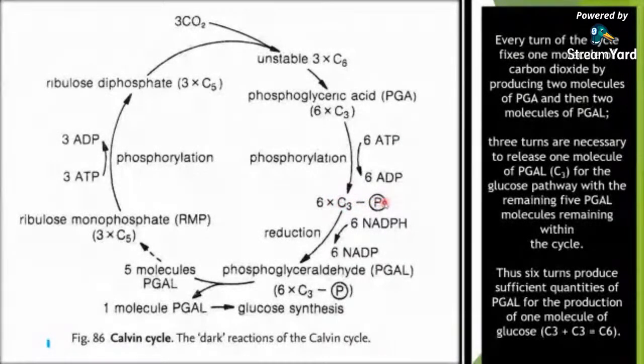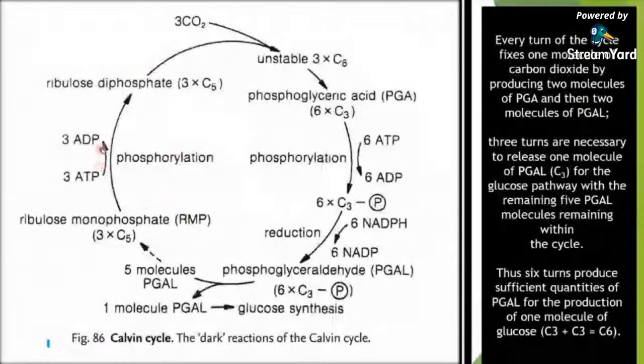Then this phosphate again undergoes reduction and produces phosphoglyceraldehyde by using the NADPH molecule, which itself gets converted to NADP. Now this phosphoglyceraldehyde has two possibilities: one molecule of phosphoglyceraldehyde may undergo glucose synthesis, where glucose is formed, and the other molecules of phosphoglyceraldehyde form ribulose monophosphate, and as it is a monophosphate, it will again undergo phosphorylation, and it will produce the diphosphate from the monophosphate